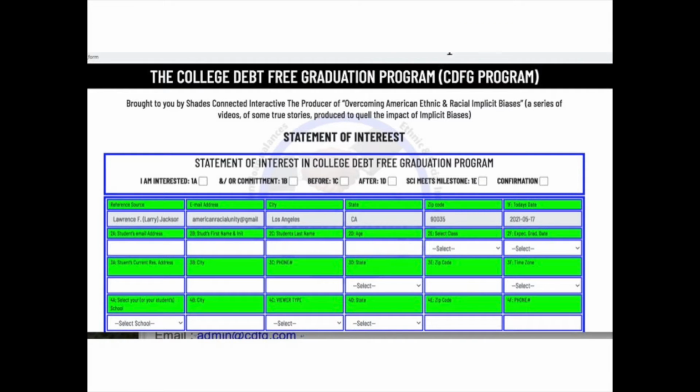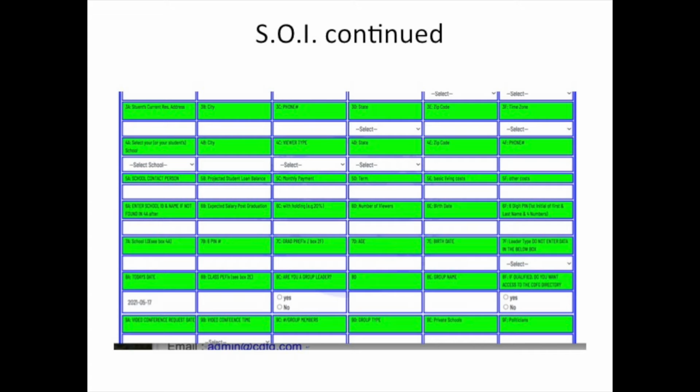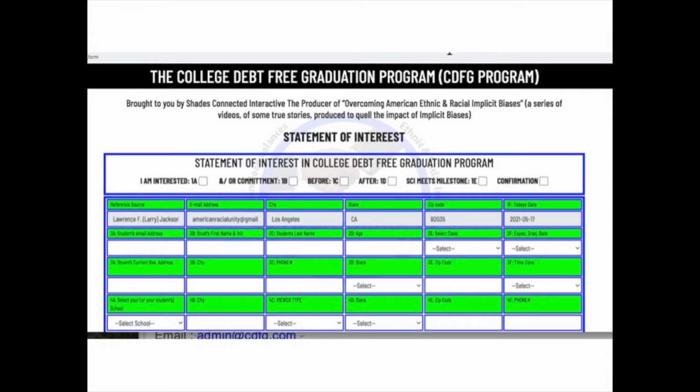This form may be emailed to Shade CI twice. First, to acknowledge your interest in the program. Second, to confirm your acceptance into the program. If this video runs too fast for you to keep up with each direction, you may pause the video after each direction until you have completed the subject entry.